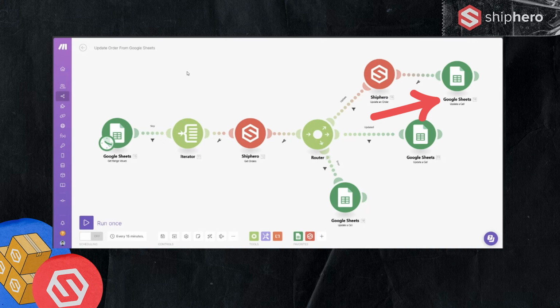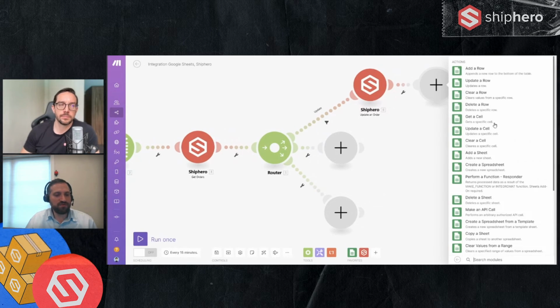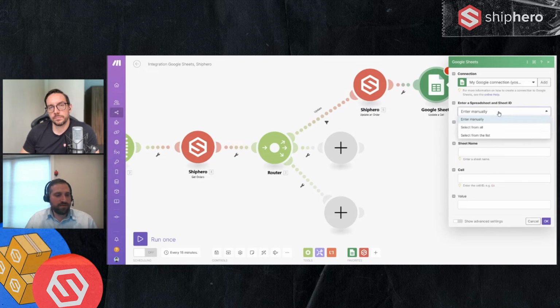The last piece is to update the Google spreadsheet. Remember, we updated it to, let's say, success. So we'll add the module, which is Google Sheets, and we'll choose update a cell. Here again, we have to choose the sheet that we want to update.